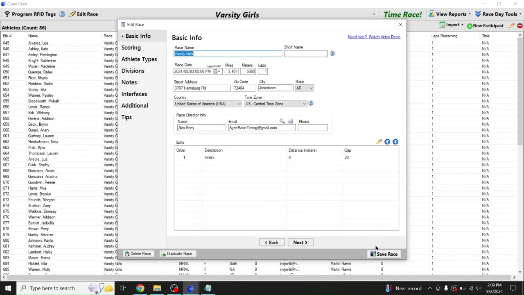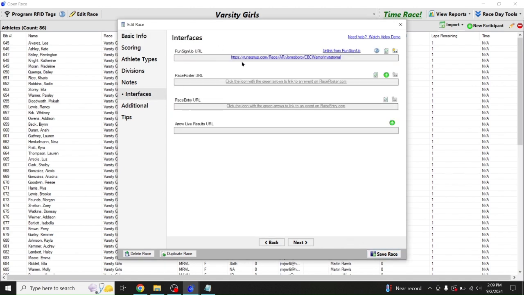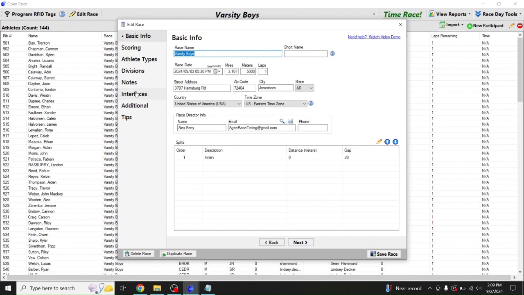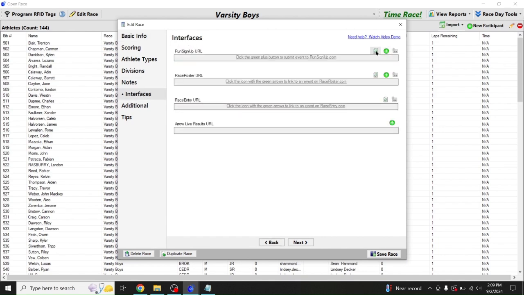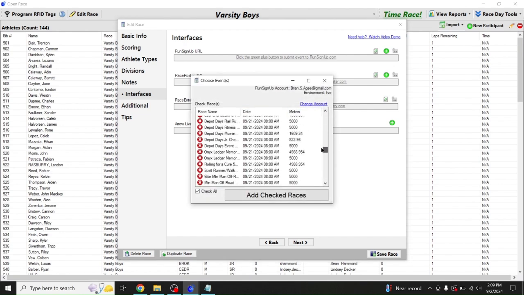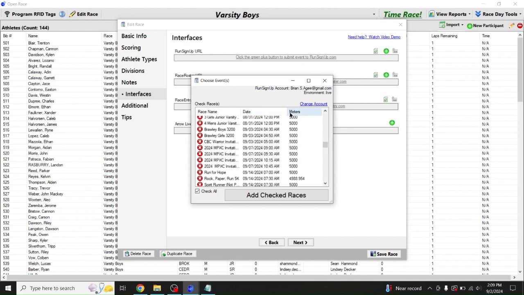Add, and then of course I'll double check, it's there, save, and then the final race, varsity boys, edit, interfaces, link. Sort by date, go down to 9-3, and we should only have one more Central Baptist Church Warrior